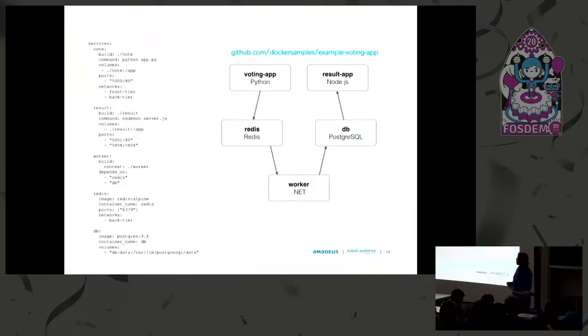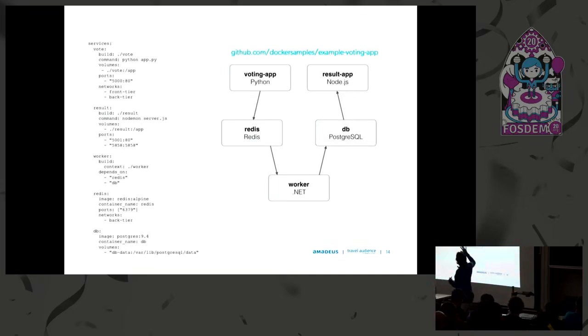Docker Compose comes with this example app, which is very over-architected for what it does, but it creates something better than just a hello world. So we have this voting app that, as a front end, users can go in and vote for something. That saves to a Redis database. You have a worker process running in the background that's converted into Postgres data, and then another front end where you can see the results of the votes. So very over-architected, but it provides what we would have of this Docker Compose configuration on the right-hand side, or left,